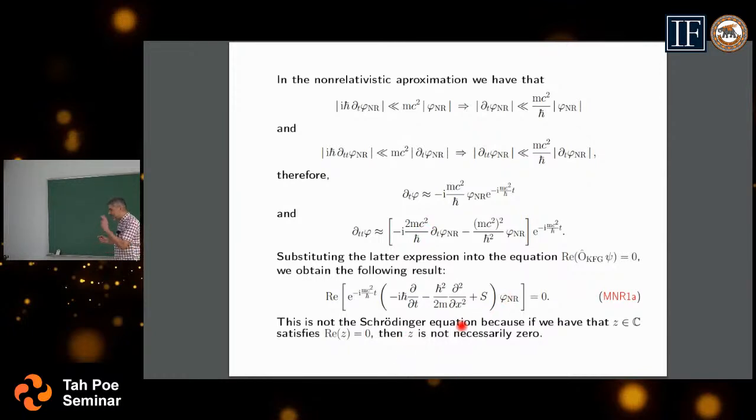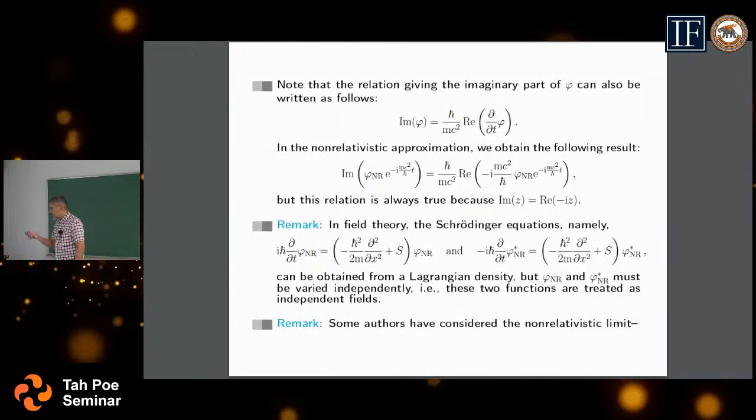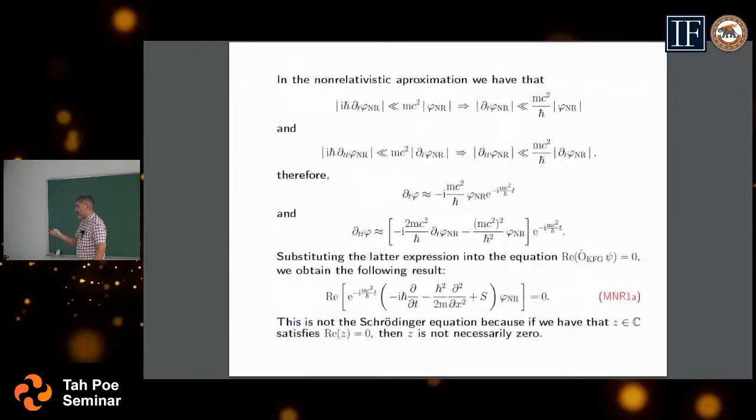In fact, you can get the Schrödinger equation from here if you do something. And that something is what quantum field theorists do when they are dealing with fields. They consider the independence of the fields. They do this, I will be showing you. Okay, before that, obviously, we have the non-relativistic limit of the equation, right? But